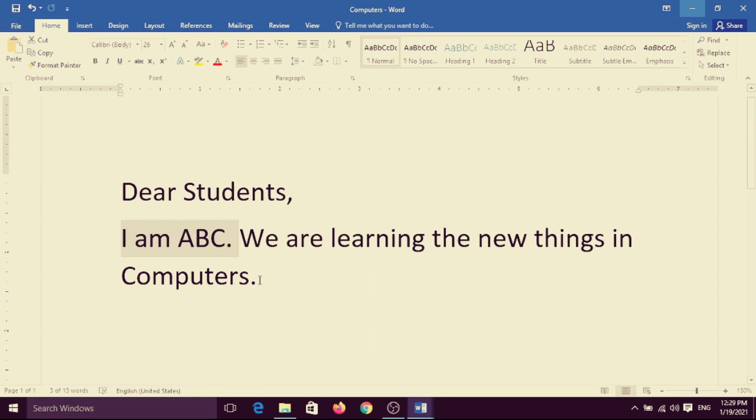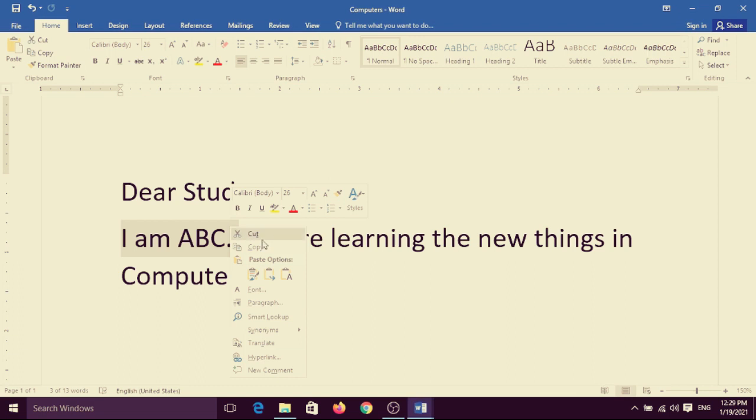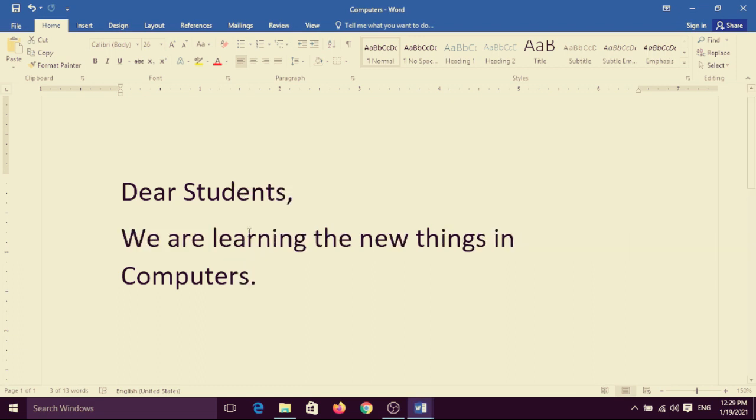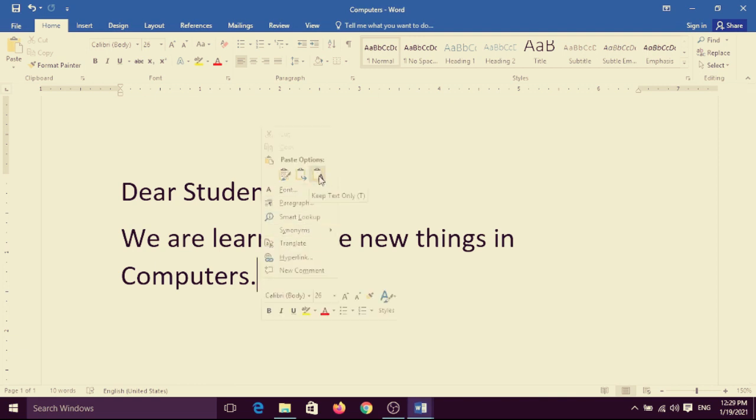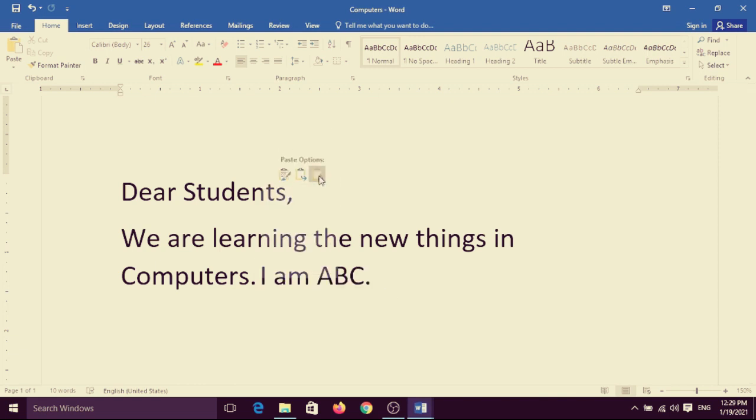Very simple. First you have to select it and right click, then choose the cut option. Where you want to paste, I want to paste where my cursor is blinking, and once again right click and choose the paste option. Yes, it is the first method.